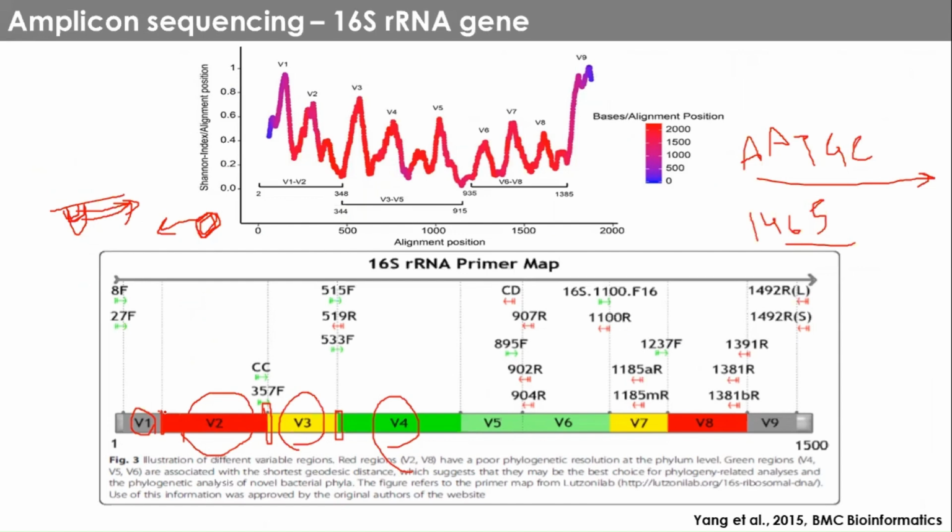These constant regions, also called conserved regions, can be utilized to prepare the oligos or primers, which we use in the PCR, which go and bind to the conserved region and amplify the variable region. This variable region has the information about the species. It is unique for each individual or each species, and that gives the understanding of the bacterioplankton community